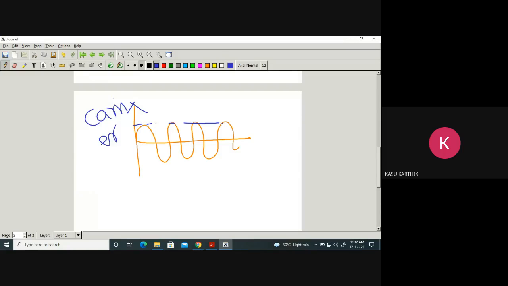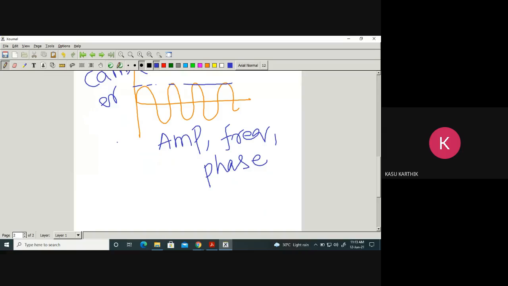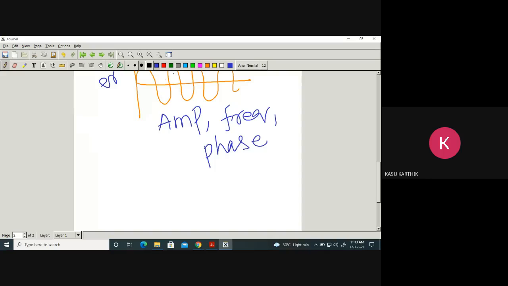It has got amplitude, and it has got what? Frequency, and it has got some phase. Here phase is 0. Okay, we are starting with 0 phase. Anyway, any typical sinusoidal signal will have these parameters. Okay, what we do here is, for transmission purpose, we keep our message in the amplitude of the carrier and we transmit. Okay, so if you do so, it is called amplitude modulation.